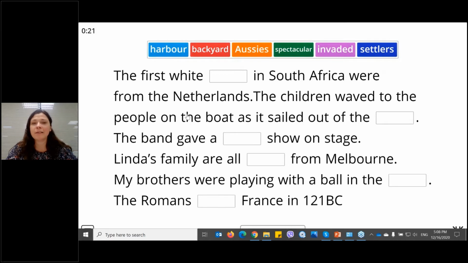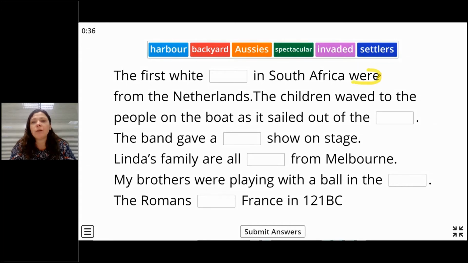The first white somebody in South Africa were from the Netherlands. You can see in this sentence that we have this word were, right? So do we talk about one or many people? Right, Oksana, Tatiana wrote to me settlers. Well,